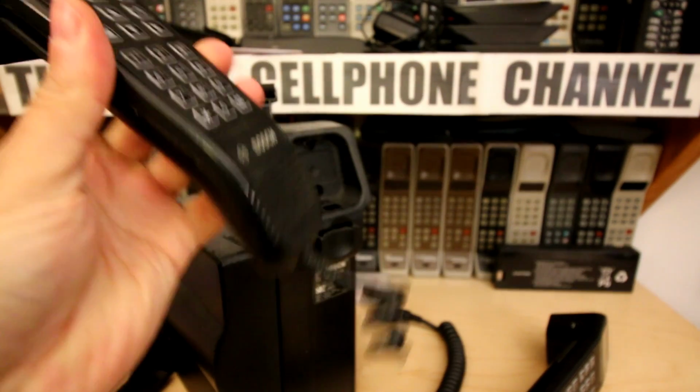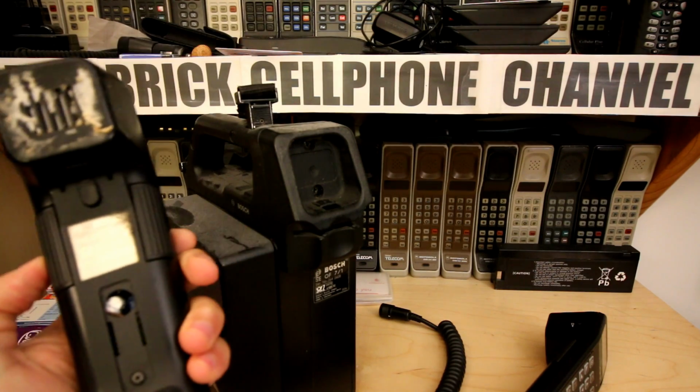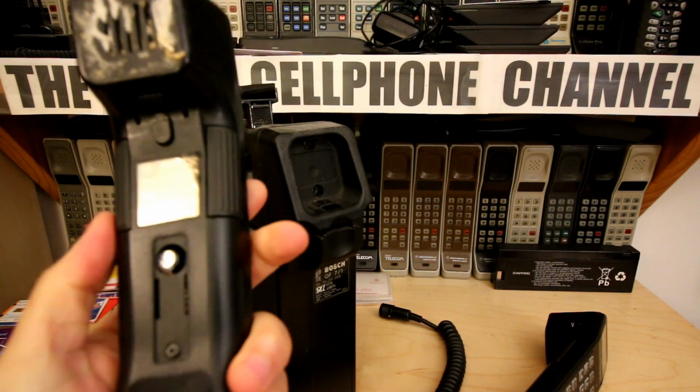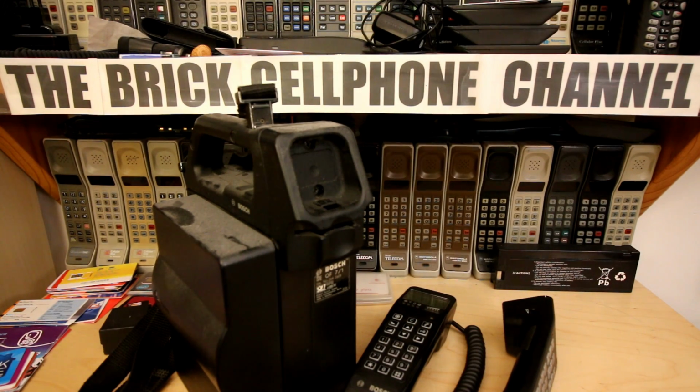I don't know why I kept this one. For some reason it got cut or it got damaged in storage or transit or whatever, but this does look like one that's been opened actually. I'm not too sure what happened to this one. Obviously I kept it for spares, and I was going to be talking about that, but seeing as this is a little dusty and this channel is now 3 years old,